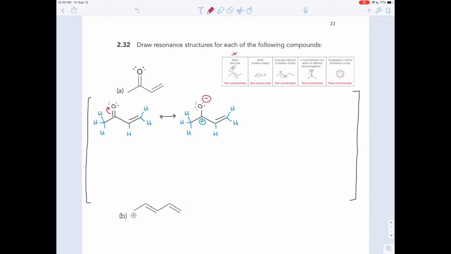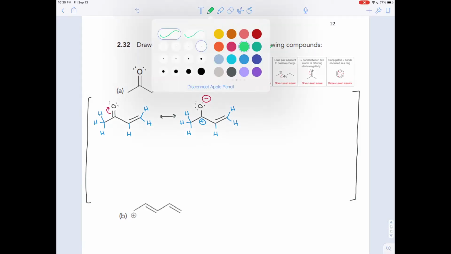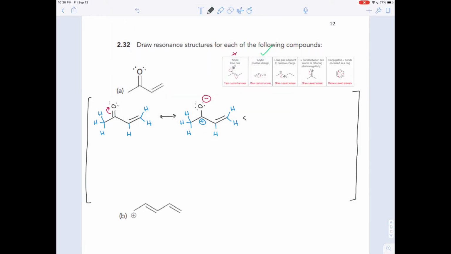How about an allylic positive charge? That's the second pattern. And we do. This positive charge that's here is one atom away from an atom in a double bond. If you go one atom over, you're at an atom in a double bond. So that is an allylic positive charge. And we'll want to draw a new resonance structure for that. So you would take the molecule